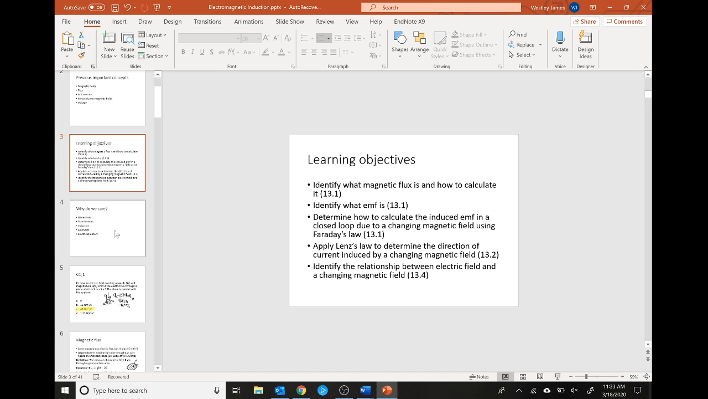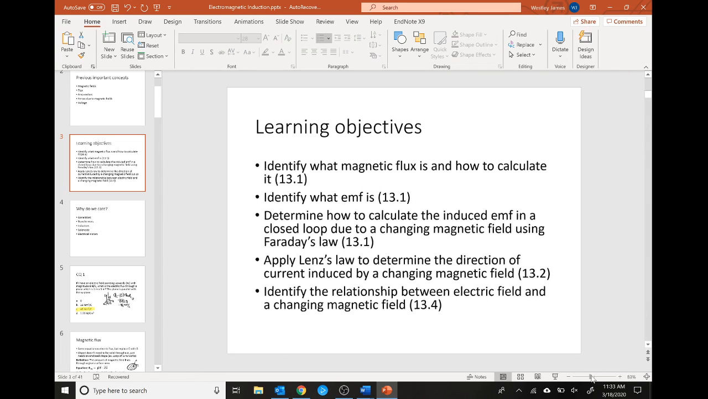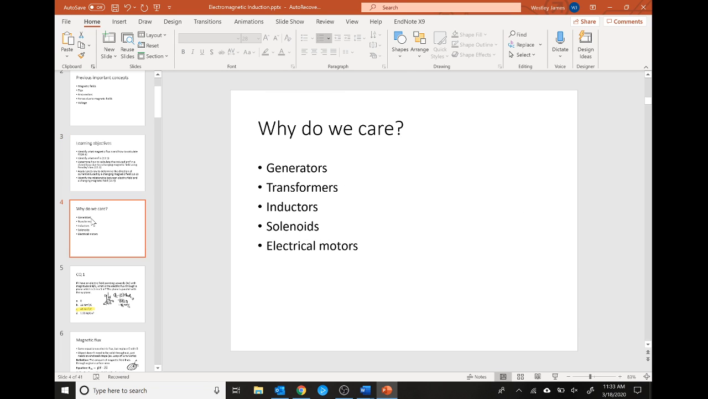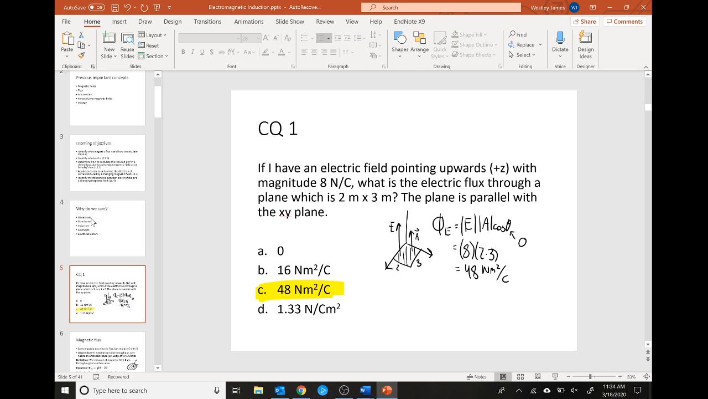So here is the quick learning objectives overview. I'm going to make this way bigger because this is zoomed out a lot. And so, yeah, I said, why does this matter? And I gave some examples: generators, transformers, inductors, solenoids, basically, again, things that convert mechanical motion into voltage and current. I very quickly had you all review